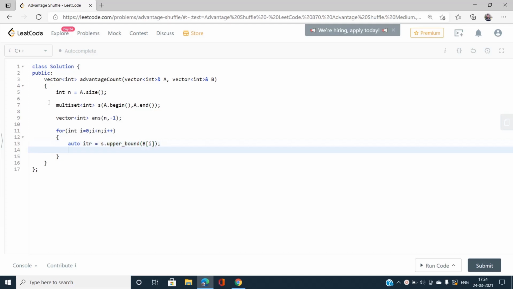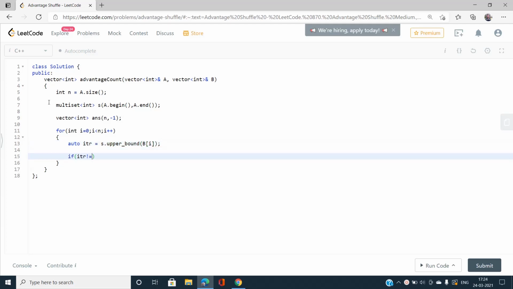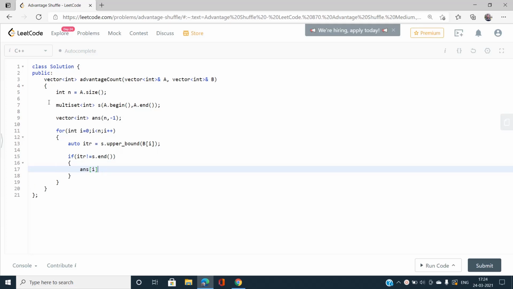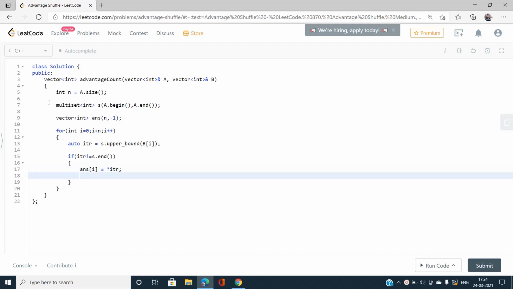If the upper bound exists, that is, if itr is not equal to s.end(), I'm going to write my answer as answer[i], the current index, because we need to find basically a permutation of A. So for the current element B[i], I need to put the value that I have found using the upper bound. So answer[i] should be *itr, and I need to erase that element from the multiset because it has been used. So s.erase(itr) simply.